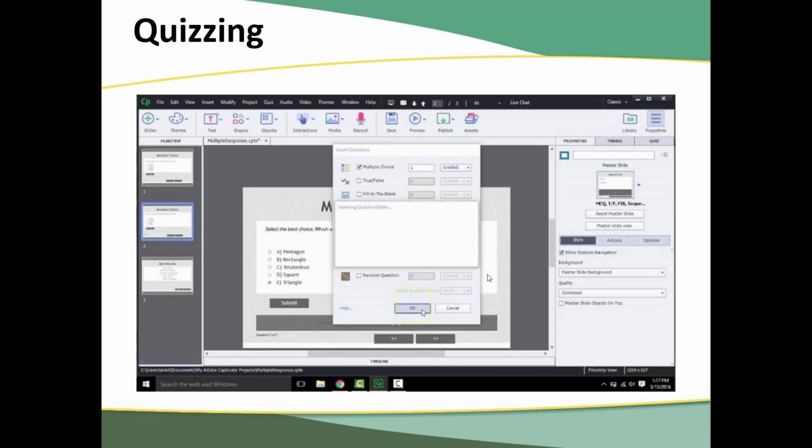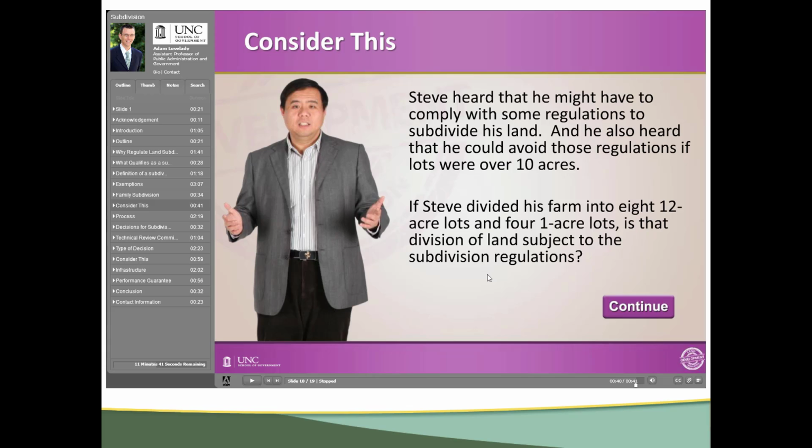you can do what they will see when they get the answer correct, when they get it incorrect. There's a lot that you can customize, and I encourage you to customize these questions to make them match and fit with what you're trying to do. So here's an example. This is not in Captivate, this is actually in Adobe Presenter, but it does demonstrate